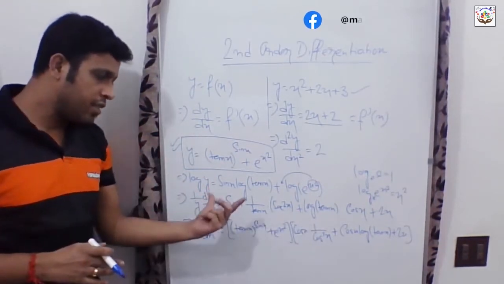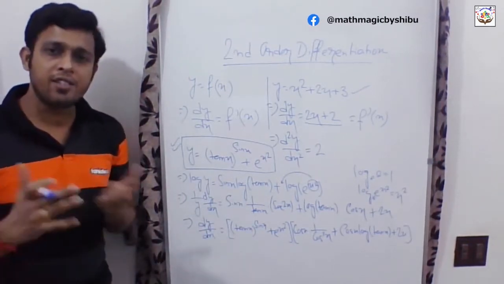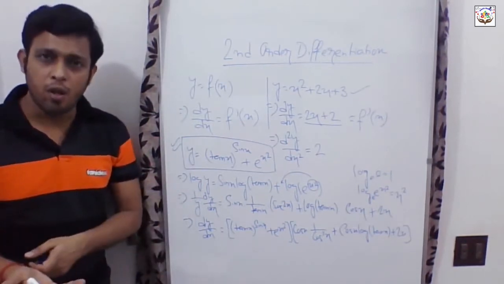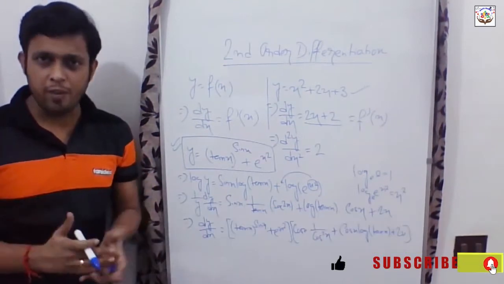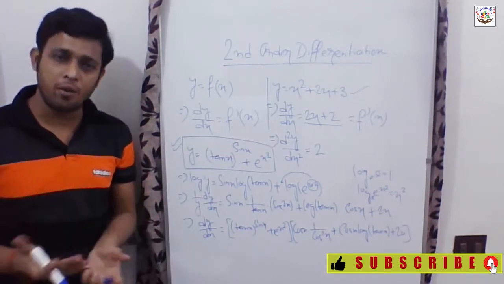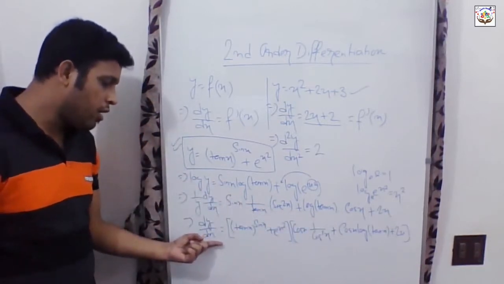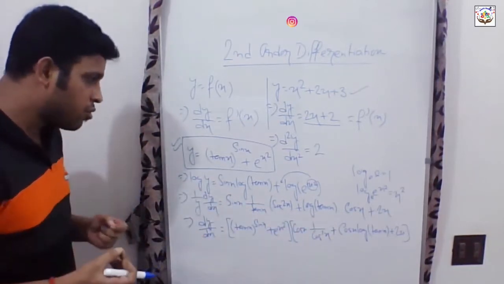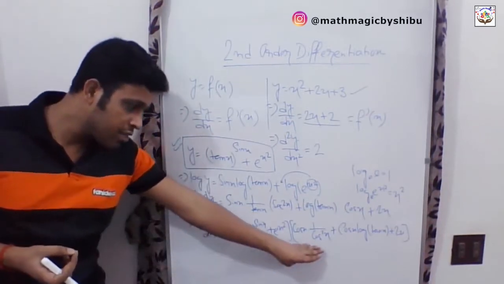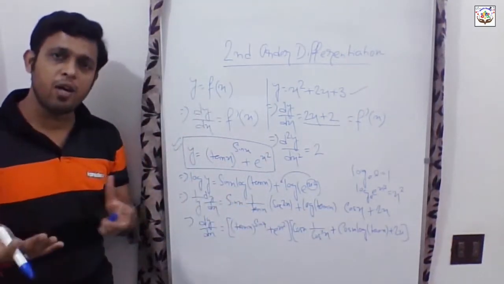Okay, and if it is given, then they will ask to find the value of dy dx at x equals 1, or find the value of dy dx at x equals pi by 4, or find the value of d2y by dx square, that means second order differentiation, at x equals pi by 6 or x equals pi by 2, because this will get a much more lengthy problem. So that's why I have done only up to dy dx. So if it is asked to do the second order differentiation of that function, you need to consider it as f(x), and you need to differentiate this whole part again to get the d2y by dx square.